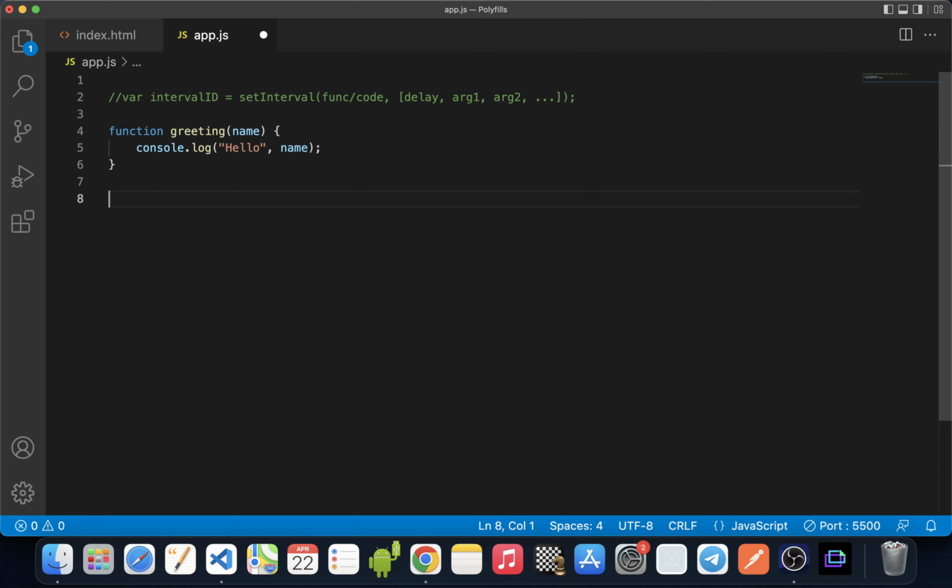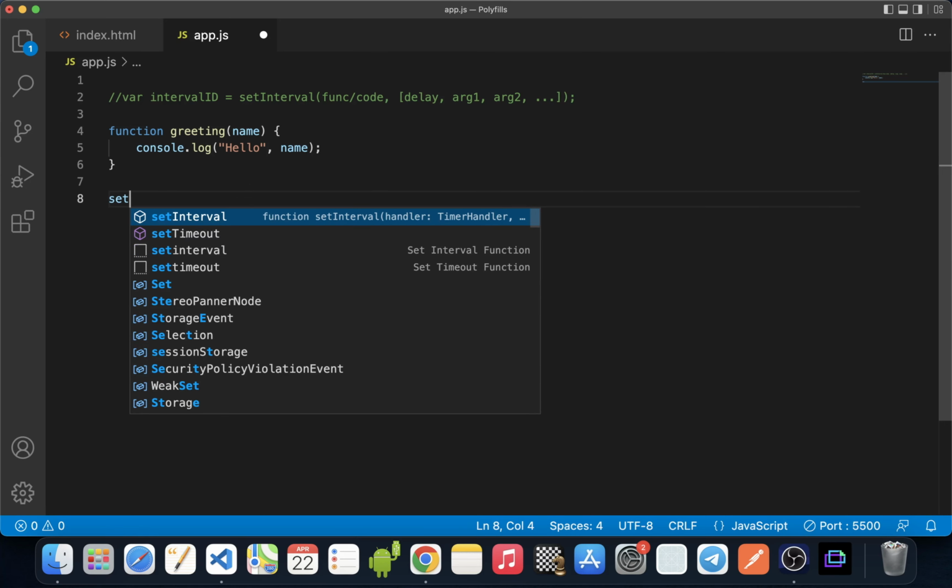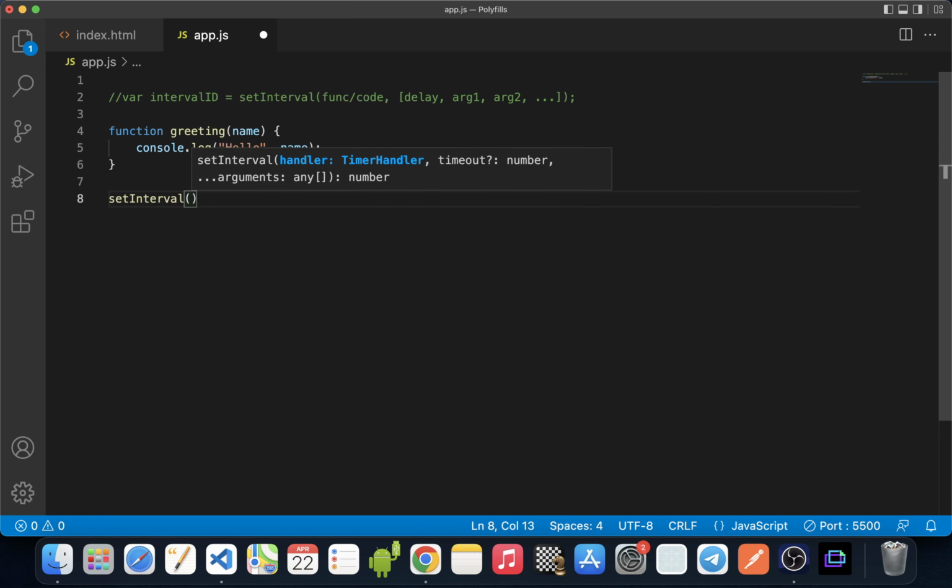So first, following the syntax, we'll write setInterval and pass greeting function as the first argument, and a delay of 2000 milliseconds, that is 2 seconds, as the second argument, and the third argument will be the name, the parameter that this function is expecting.